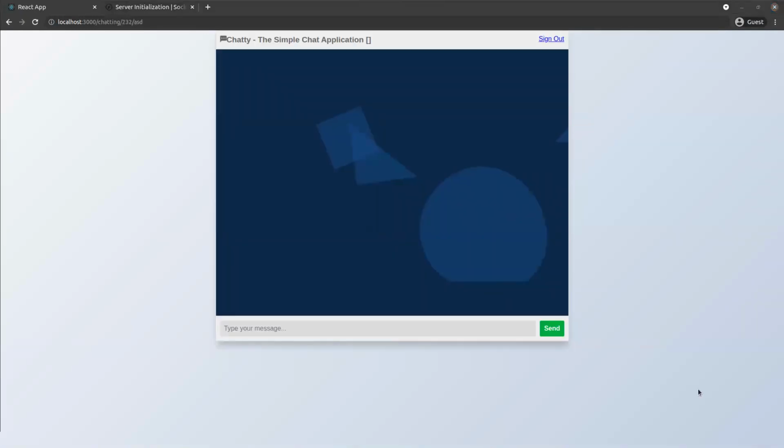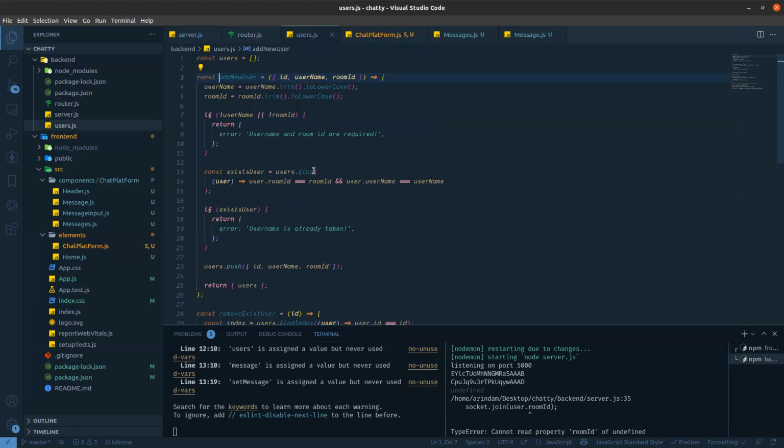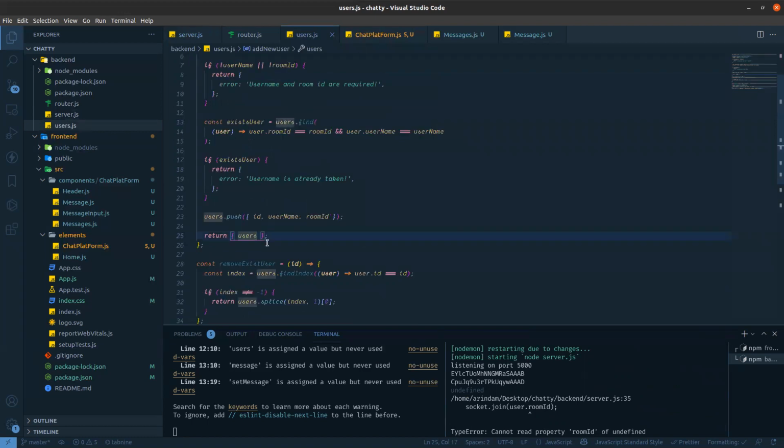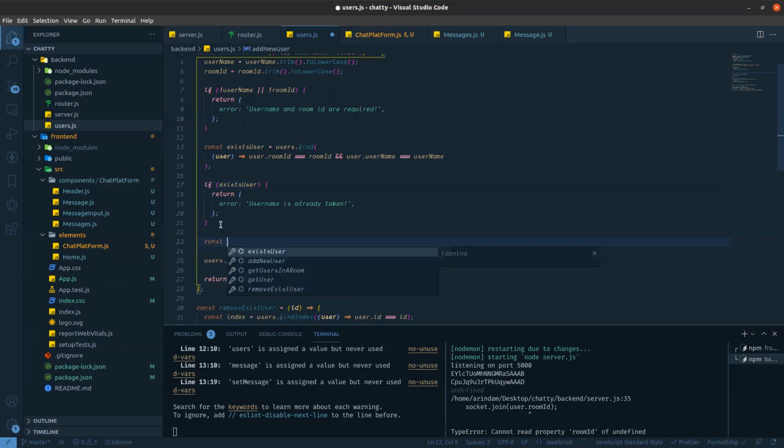Let's try to debug first. User has undefined. Why? Add new user. Oh, this is not the users, this is the user. So here I need to write const user equal to this one.